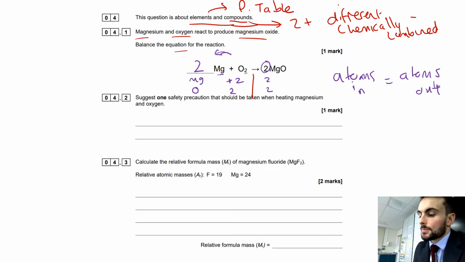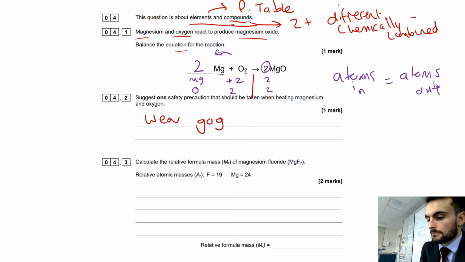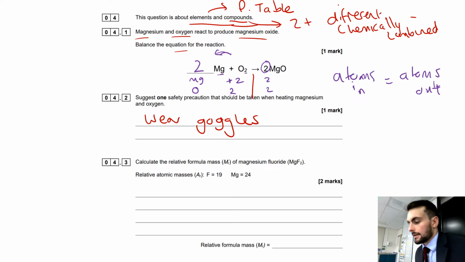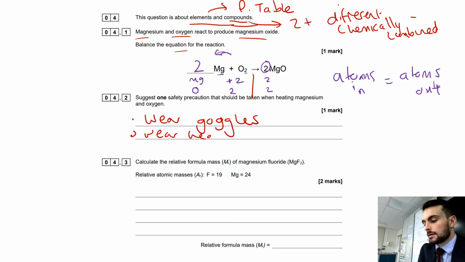So just one safety precaution that should be taken when heating magnesium and oxygen. Most obvious one is wearing goggles. 99.9% of the time that will be the safety precaution, because you're protecting your eyes from any harsh chemicals. We could also say something along the lines of protecting ourselves from the heat, so we could say wear heatproof